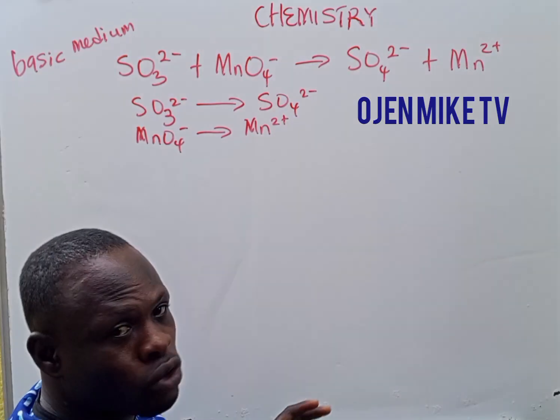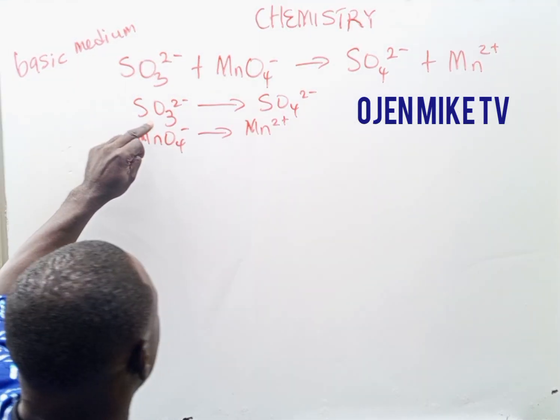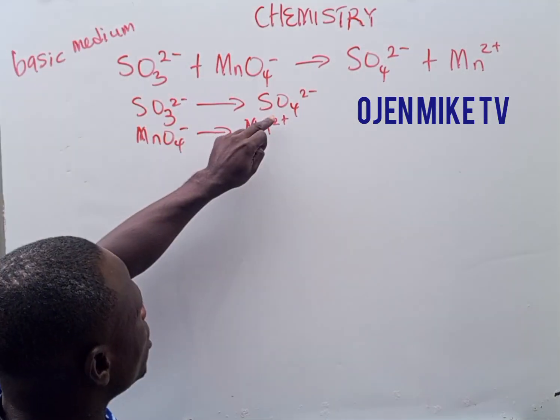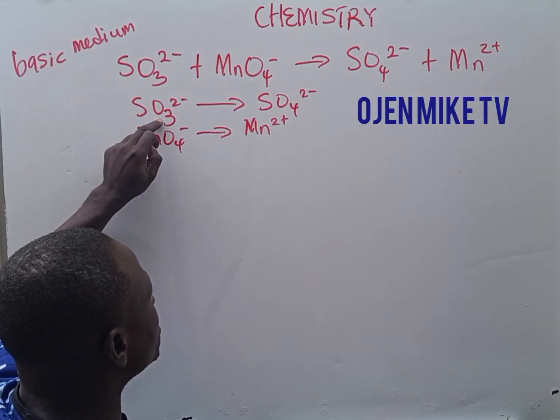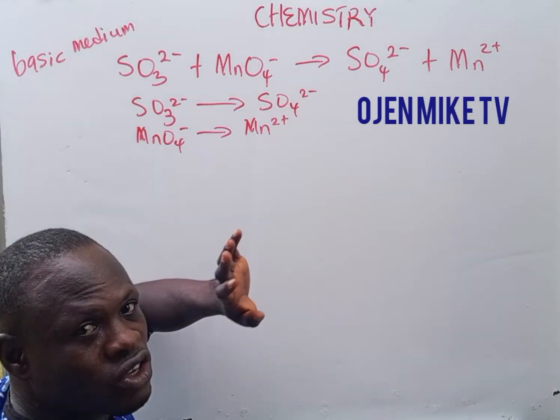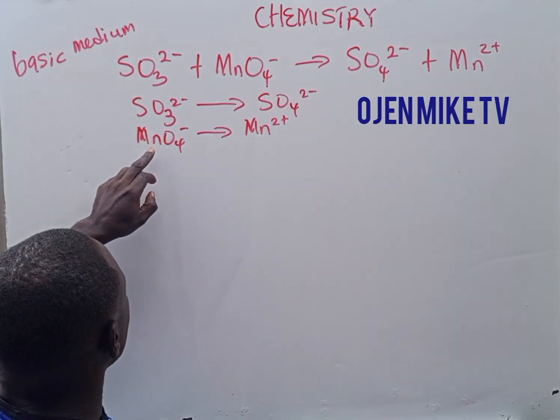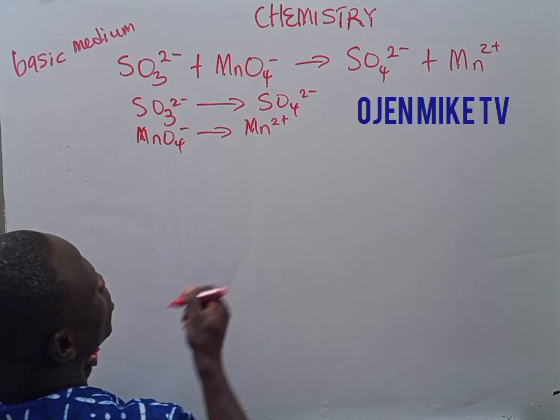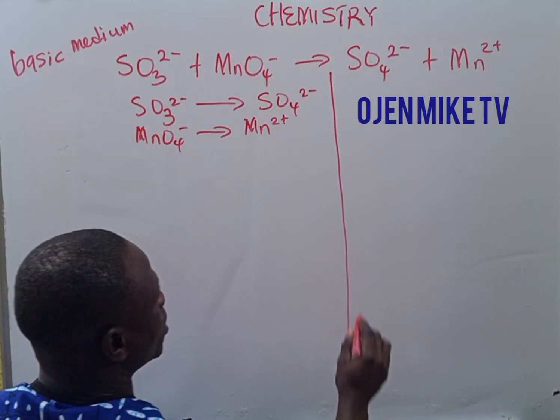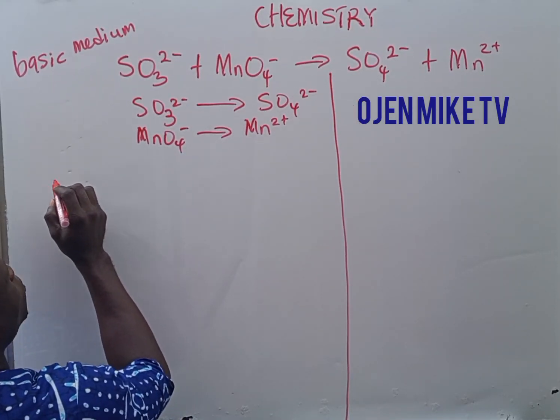The second step is to balance the atoms. You can see the sulfur here is 1, sulfur here is 1, so sulfur is balanced. Oxygen here is 3, oxygen here is 4. Oxygen is not balanced. Is that understood? Then here we also have the same thing. So let me divide my board so that we'll use that part. So what we'll do is that